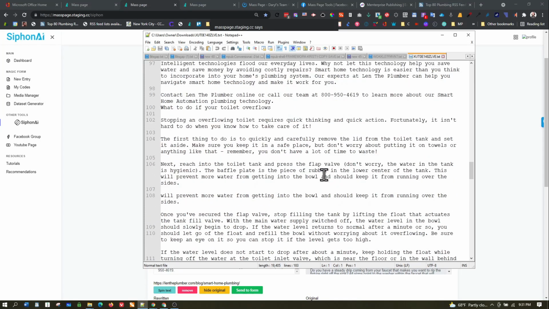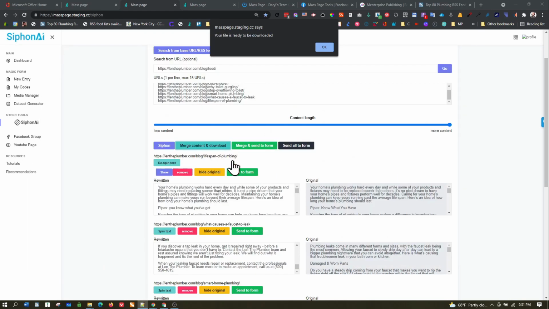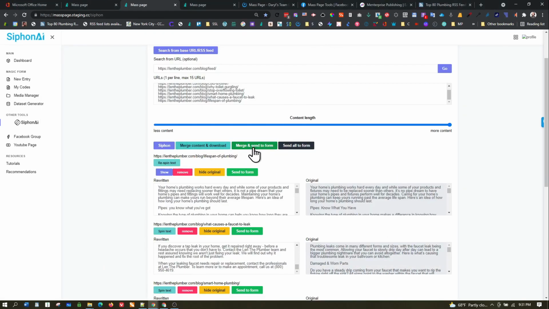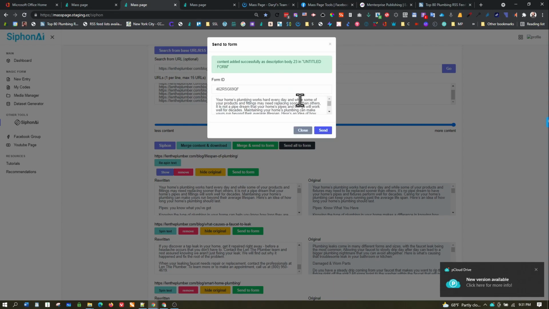It'll also allow you to send this merge to the form. So if you click here, it'll merge all of that into one long description body, and you would then just put the code in, as I'm going to do right now, and hit send. And now it has been added as description body 23 and untitled, because we already used up